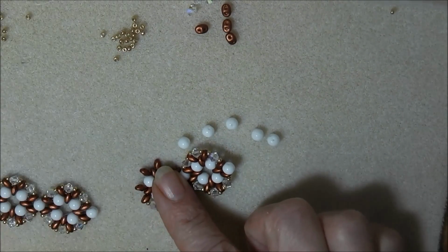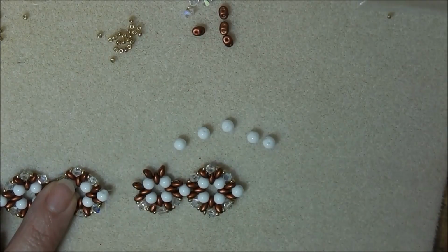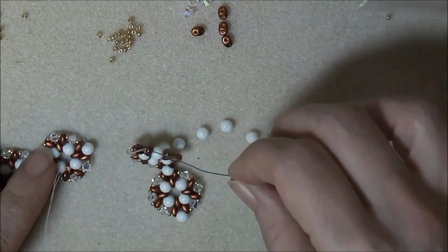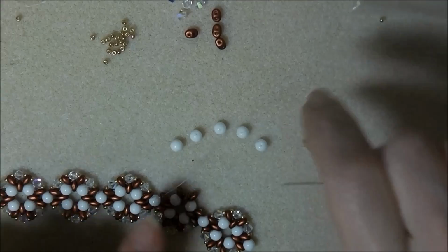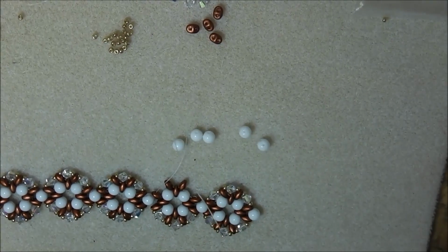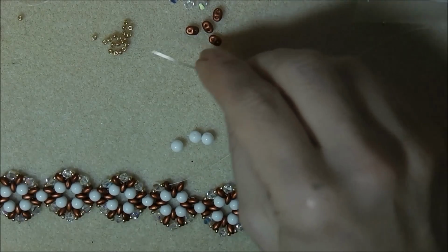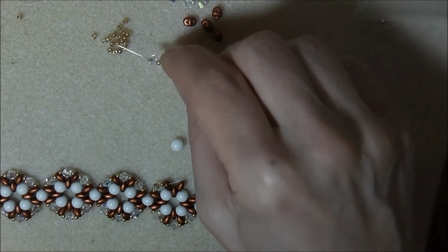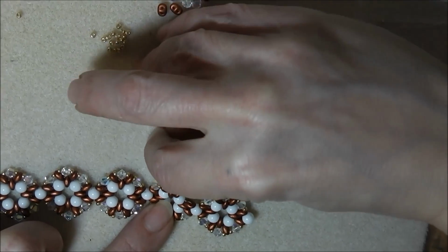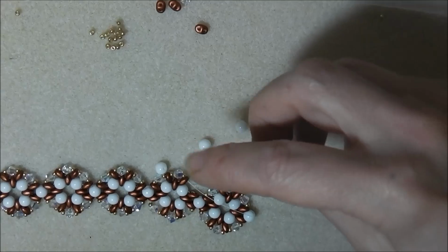And then we've got to the part where we would put the other Rounduo in, but I'm going into the attaching Rounduo into the Superduo of the component you're working on. And then go back onto your bicones. So it's an 11/0, your 4mm bicone and your 11/0, and back into your bicone. Whether you prefer this method, it's entirely up to you. So I've got my 11/0, bicone, 11/0, and into my next Superduo. Or 4mm bicone, and into your next Superduo,